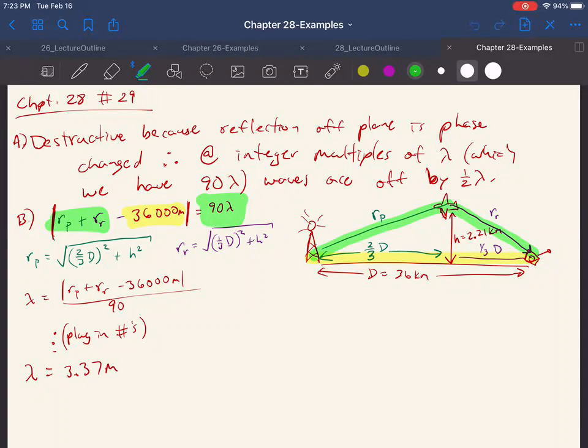So I'm going to use the Pythagorean theorem to solve for RP, the distance from the radio tower to the plane. This little part down here, since we know it's 2/3 of the way, is 2/3 D. And then I know this height here is 2.21 kilometers, so I just called it H. You just plug those numbers in: 2/3 times 36 kilometers, square it, then do 2.21 and square it, and take the square root